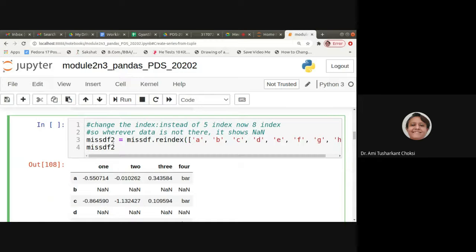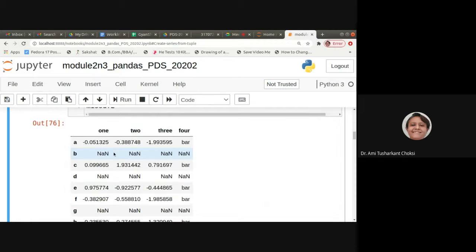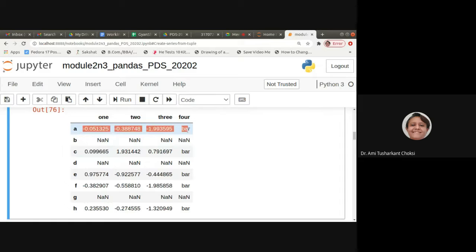Now if I print this data, for whatever data it was already having, it keeps it as it is. But as the index is created for B, no value is available, so it considered that as NaN. This way we have created the missing values in a row.